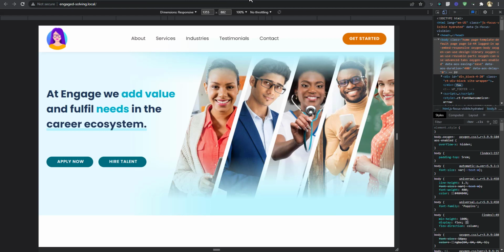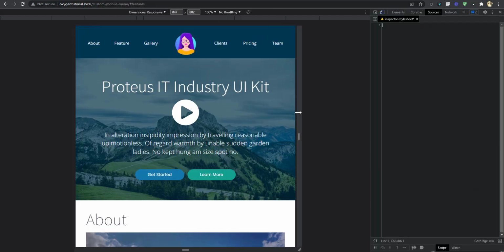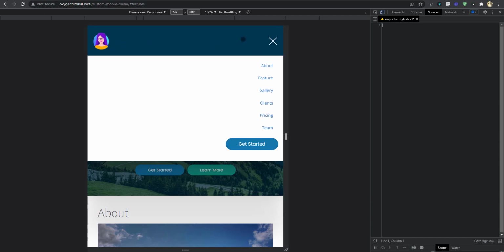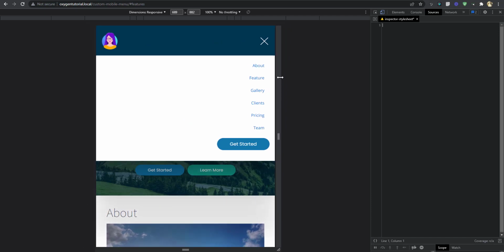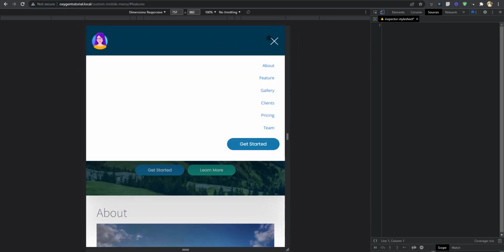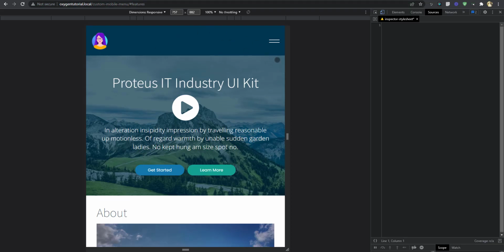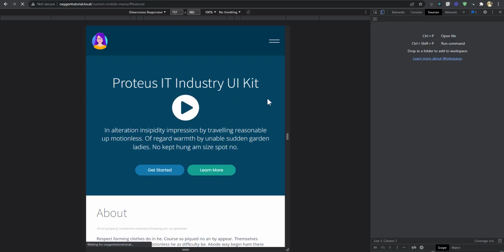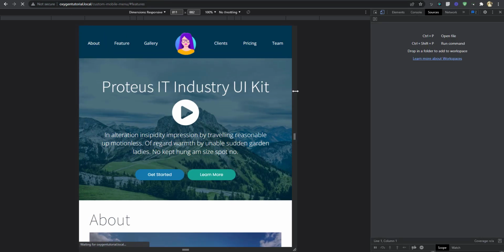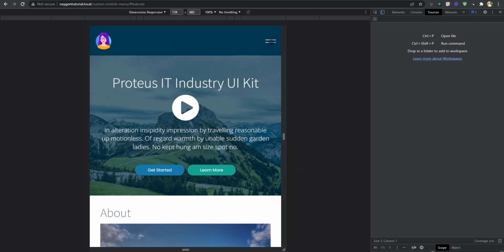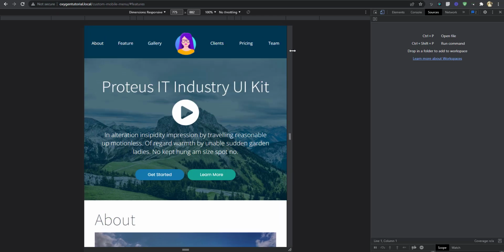We still want to have the button here, until what breakpoint? All right, let's save this and preview. Okay, so we're going to have that button.